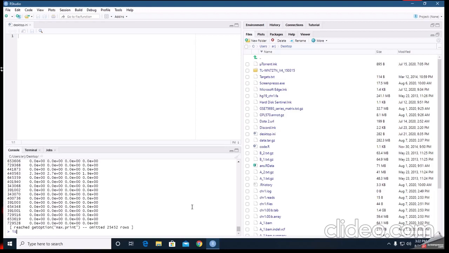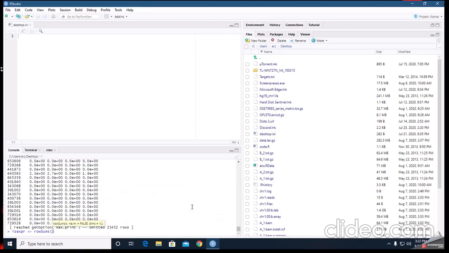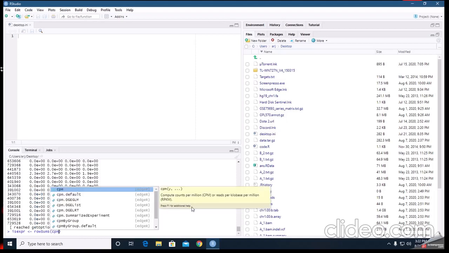Now we take expr as our variable, and we are going to sum our rows through the rowSums function. CPM basically computes counts per million, or reads per kilobase.